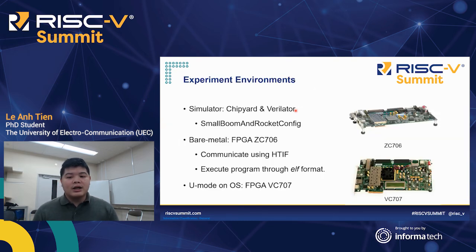So before testing the attack and the mitigation scenario on the FPGA, we have also tried to implement a software simulation of the hybrid processor using the Verilator and the Chipyard framework with the SmallBoom and the Rocket config. And also, we have tried to run the program in bare-metal mode without a Linux OS on an FPGA ZC706. As you know, in the FPGA ZC706, there is an ARM core and the FPGA core. To run from the ARM core to the FPGA core, they have to use